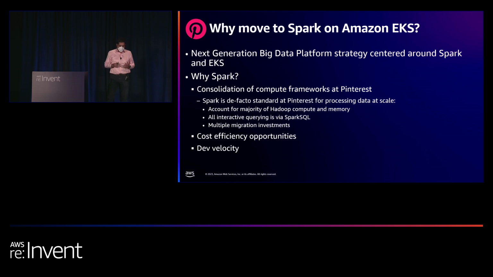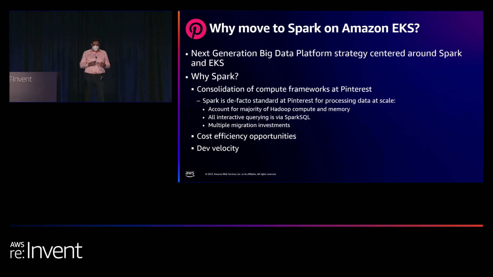So that part was a no-brainer. And then moving on to a cloud-native solution like Kubernetes, like EKS, that would allow us to really try things to drive greater cost efficiency opportunities. That was very tempting, and then all taken together really reduced the dev iterative cycle, right, and improves productivity. So those really were our main reasons for moving.